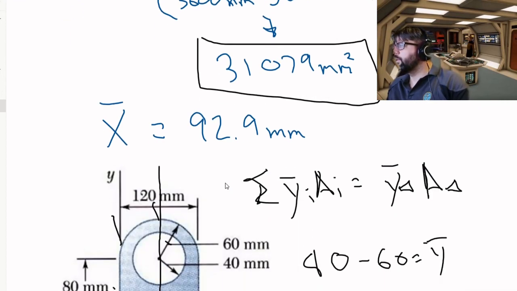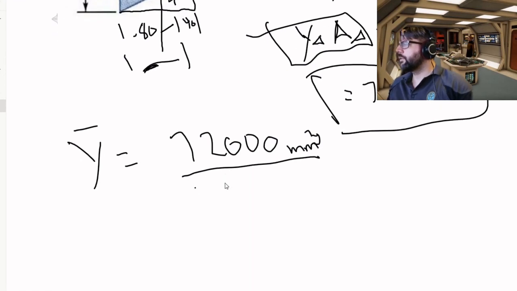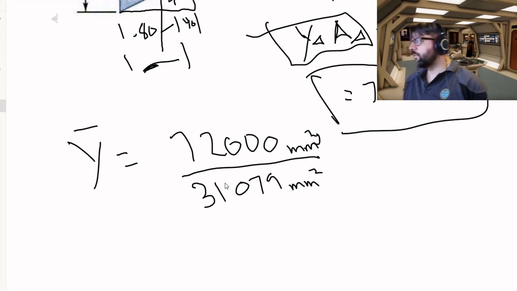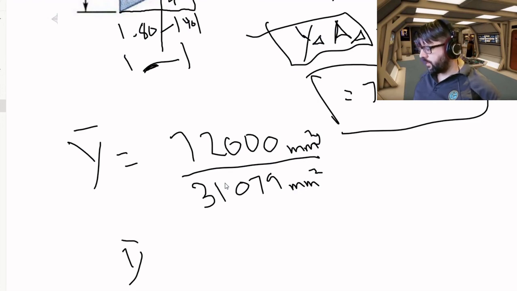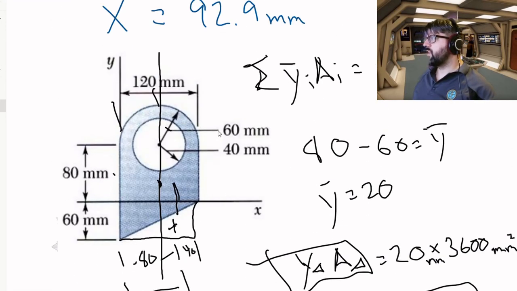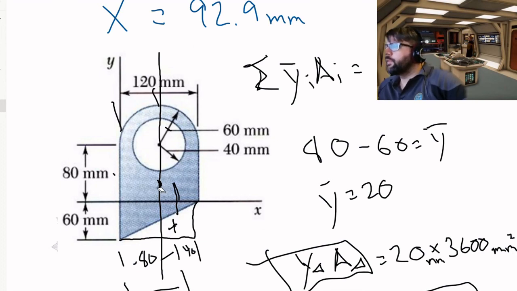That's the 31,079 millimeters squared. So 7,200 divided by 31,079. That just gives us a y bar of 2.3 millimeters,